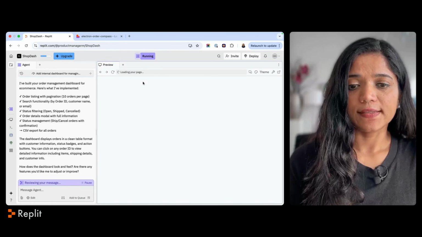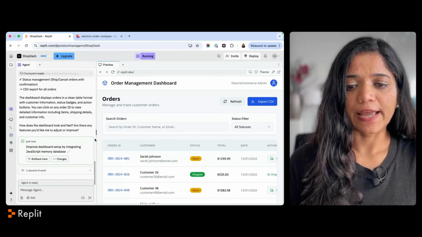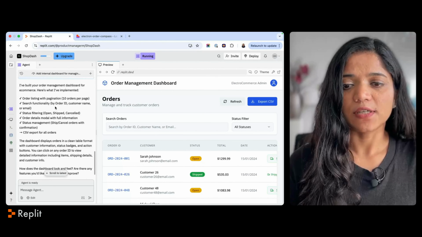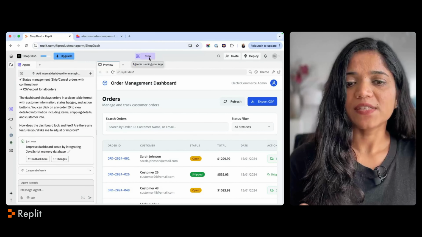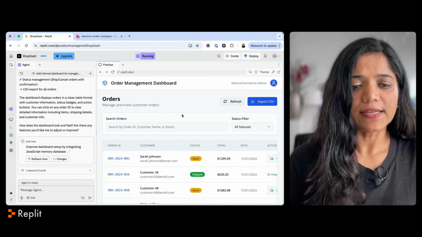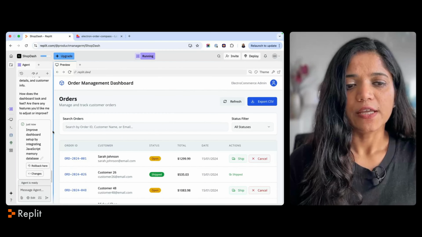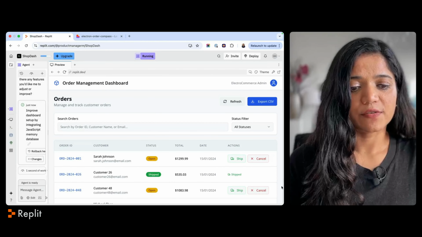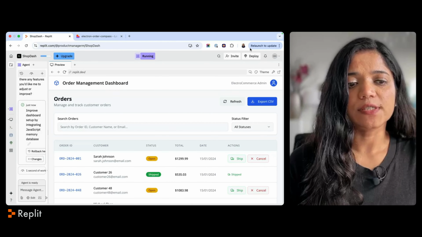All right, I think it is loading my page here, and this has been done. This is completed, I think. So it seems like it's still running something, but I can now see the visual output here. So I can see that this dashboard is ready. And I must say the output is actually pretty good.